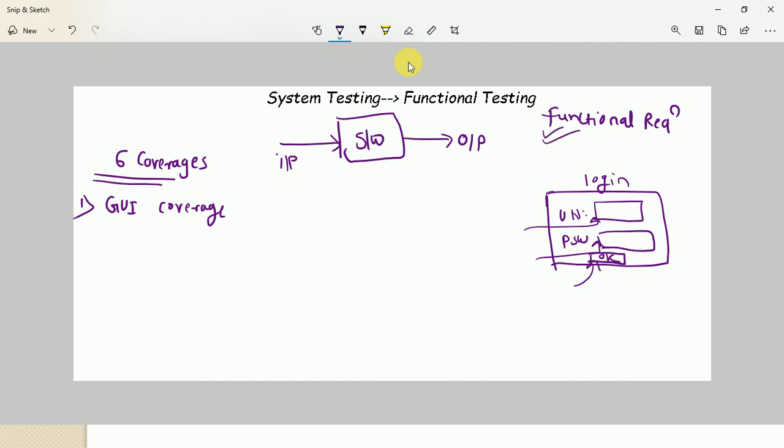For example, if there is a requirement that the username should accept alphanumeric data, then whatever alphanumeric data the user enters should be accepted by that login or application. Simple. Suppose I want to enter something like AB12. So this is alphanumeric data, and this data should be accepted successfully by this application.